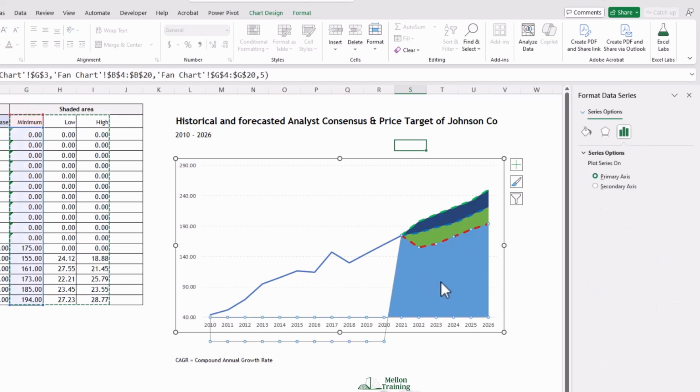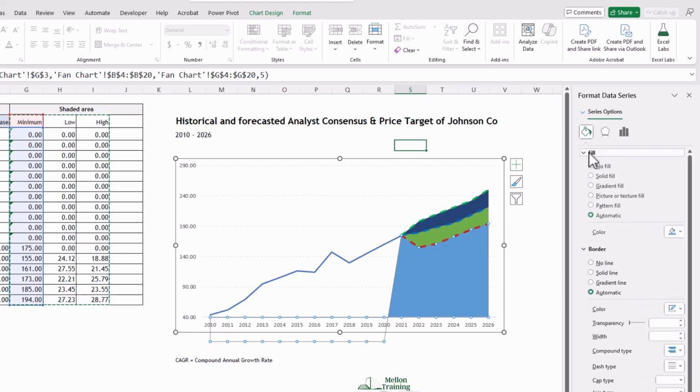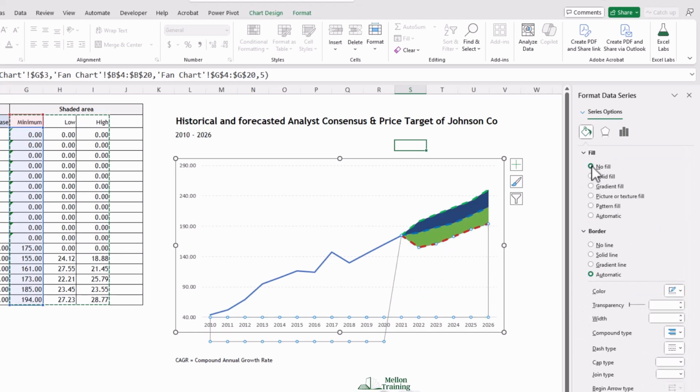In the chart, select the minimum data series. Now, set its shape fill to no fill. Also remove the border of the high point series. Nice! The next step is to change the shape fill color of the low and high data series and set